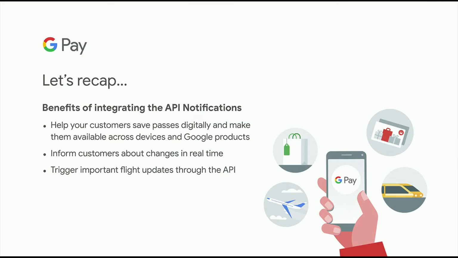We have talked about a number of features. We'd like to just summarize them up, looking at them from two different points of view. First of all, what do you get when you integrate the Google Pay API for passes? Well, first of all, you will digitalize your pass. That is, your customers will be able to have access from their devices to their boarding passes, loyalty cards, and tickets, with that one-click access that you just saw a second ago on the assistant on my iPhone.